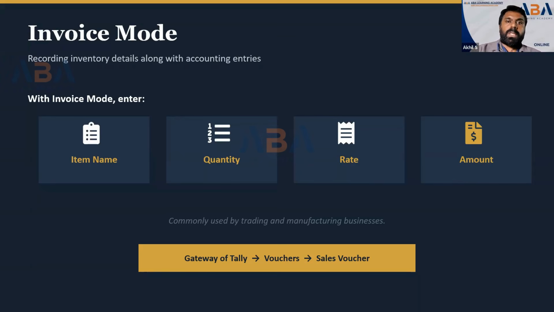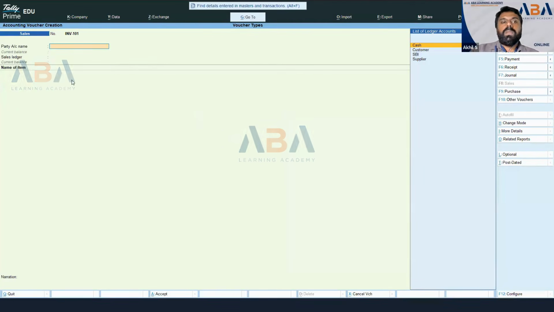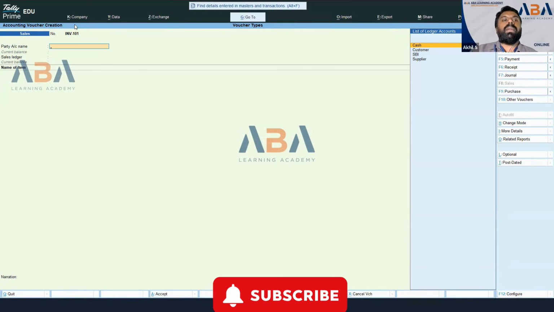So before going through this slide, I will show this in Tally first and make you understand what I am trying to explain. So going back to Tally, okay. So if you come to Tally, in this screen, we are able to see sales. Okay, in the top left, we can see this accounting voucher creation mode, and it is sales voucher. Okay, so sales voucher is there. Here we can see invoice number. Okay, 101, and in the right side you can see the date and everything, the list of ledgers, all the